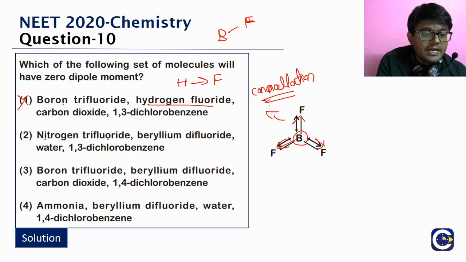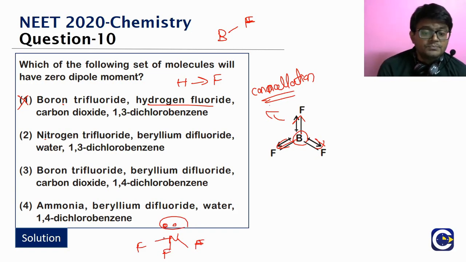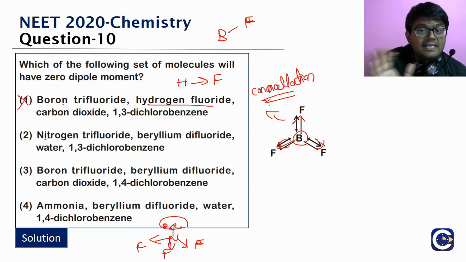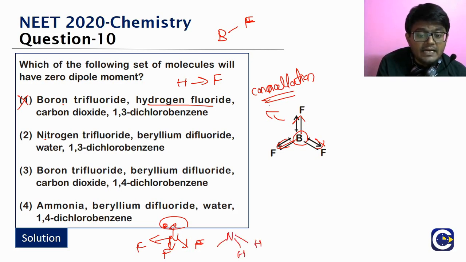Look at option 2, nitrogen trifluoride. See, in case of NF3, right? In NCERT, you will have this question, why NH3 will have more dipole moment than NF3. Here, the nitrogen will have both the bond dipole moment as well as the lone pair dipole moment. What is observed is the bond dipole moments, because of the nitrogen fluorine bonds, and the lone pair dipole moment, they would to some extent cancel each other. Not exactly completely cancelling, but to some extent. That is the reason why NF3 will have less dipole moment than NH3.